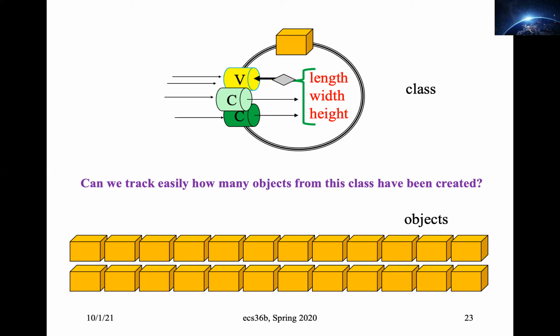Yes? Can it be that every time the constructor is called, we track it? On the other hand, that tracking must be stored. That value must be stored somewhere, right? In fact, there are multiple ways to do that. I can track it with a global variable. Your global variable will not be gone. But the best way, in fact, to track that